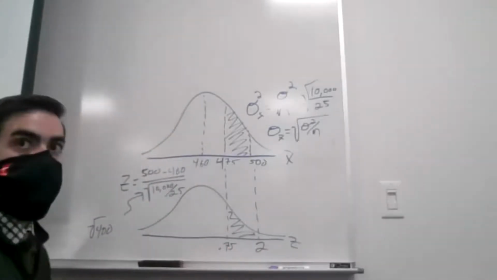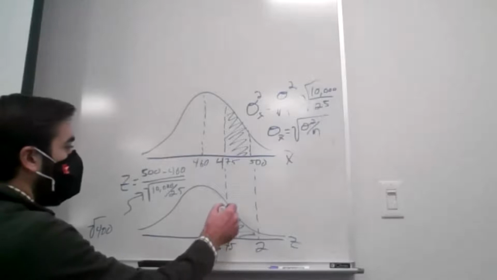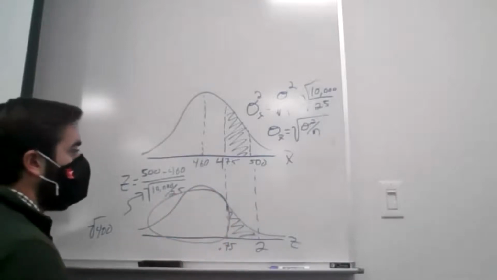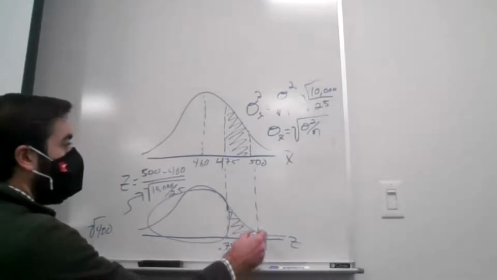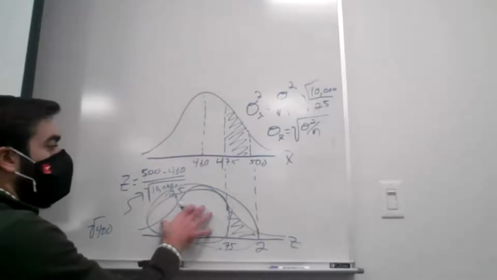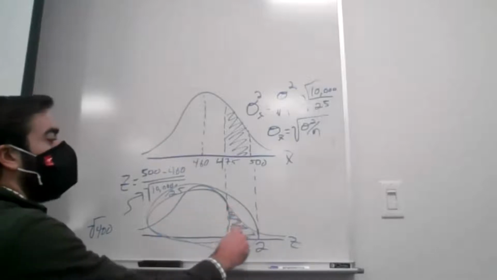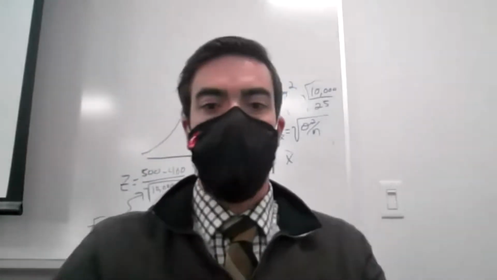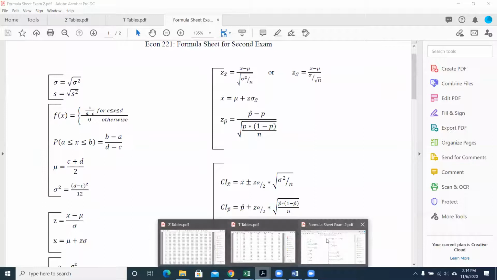So we're going to go to the standard normal table. We're going to first look up 0.75, find the area to the left of it. We're then going to look up that z-score of 2, find the area to the left of it. We'll subtract the smaller one from the larger one, so that all we'll be left with is what's in between. So we go to that standard normal table. No, sorry. We look up